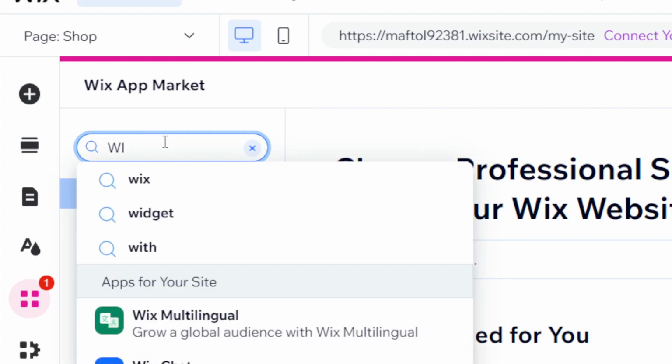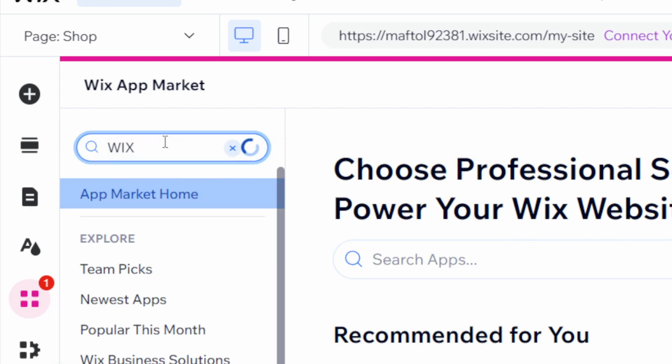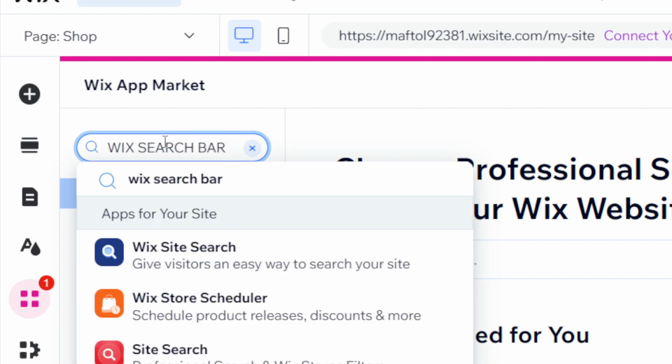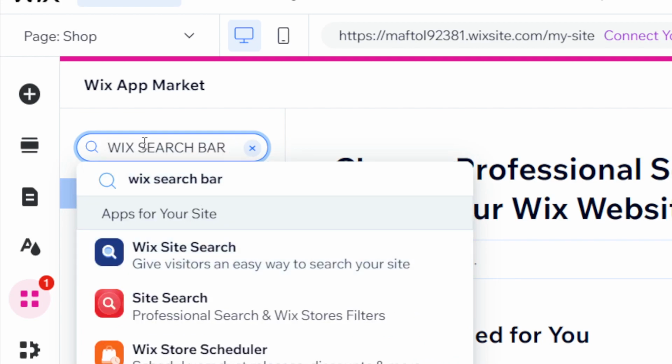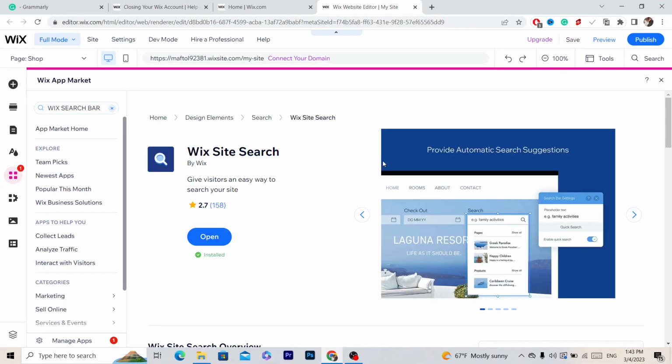Wix search bar. Okay, you want to search for Wix search bar, and as you can see here guys, you will see the extension here or the app here. You want to click on Wix Search Bar here, click on it, and it will take you directly to the